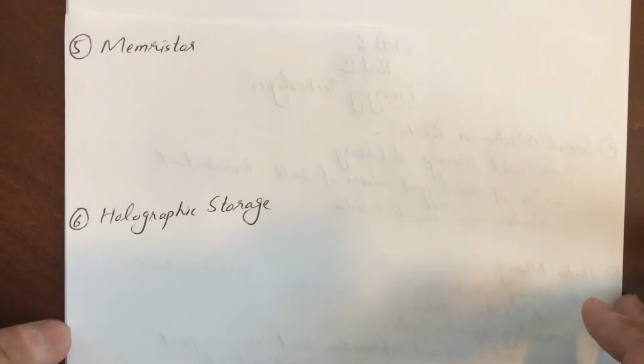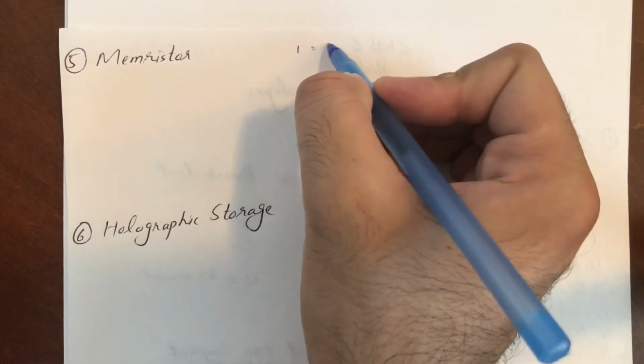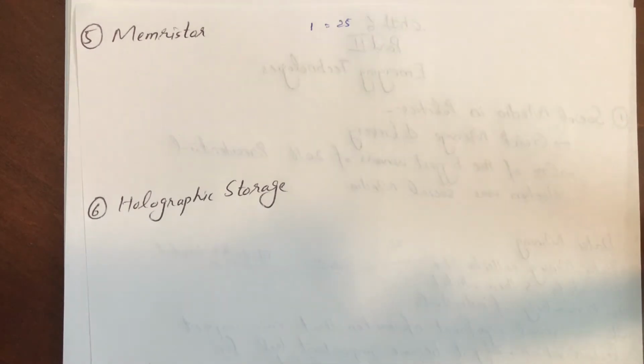Next is the Memristor. Memristor is another recent innovation which will replace transistors. Nowadays all the CPUs, or you can say your devices, are based on transistors. One Memristor can replace 25 transistors, and the size is very small. So if we start using Memristors, it will reduce the cost of the system,